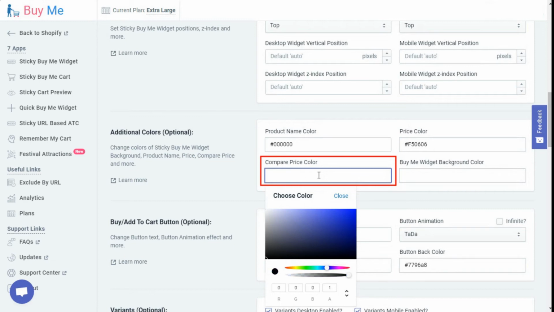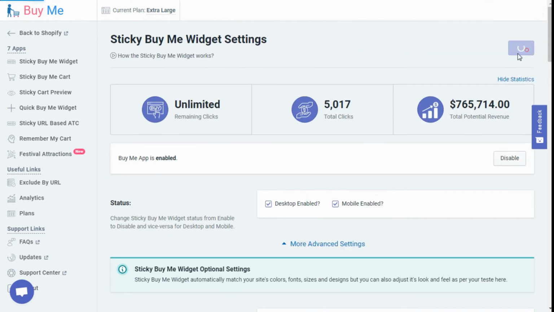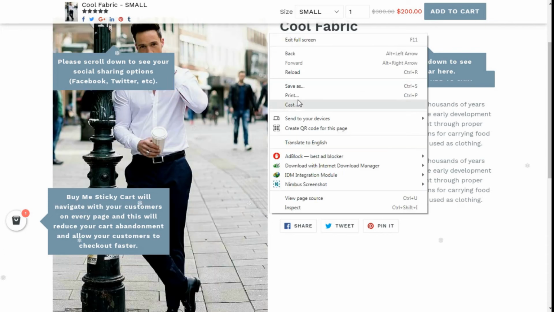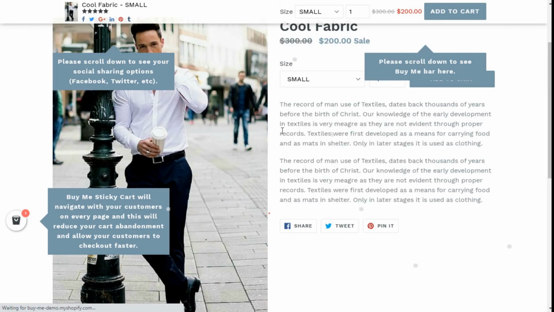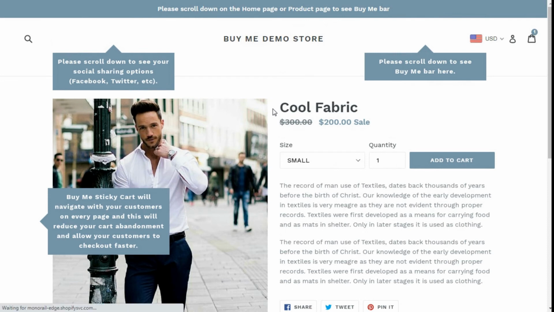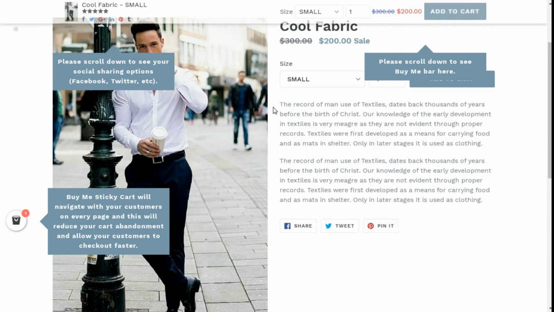The third one is you can write the color code in hex format. Here you can specify a color code with 6 letters of alphabet preceded with hash symbol. For example, to set the blue color, you can set it by hash 061EF5. Please press the save button after making any changes. Please visit the website and reload the product page to see the effect. As you can see here, on the product page, the color of compare price is changed in the Sticky By Me widget.